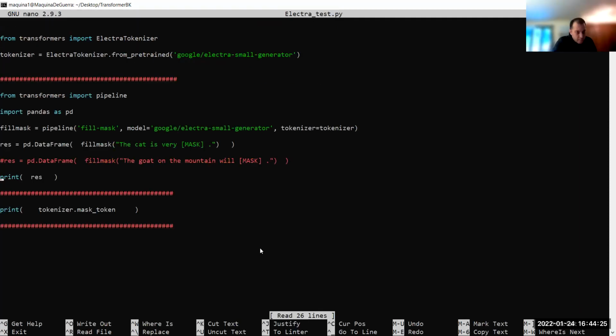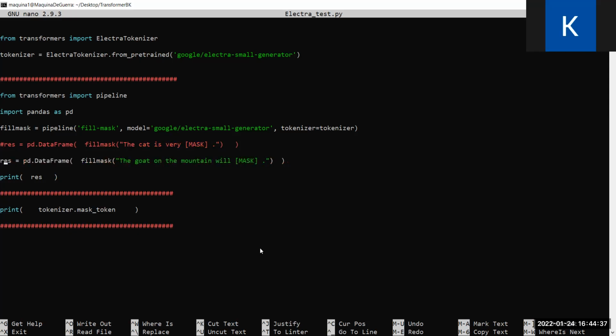I see your point. What did you suggest I should change? Get rid of "on the mountain" and just do "the goat will". Okay. Yeah, maybe. Although in theory, this should have worked. I don't know why.